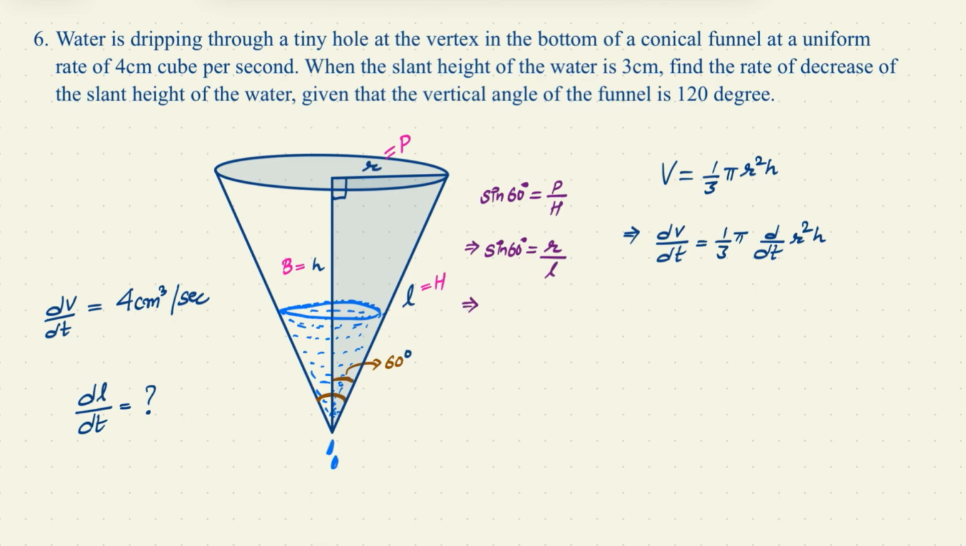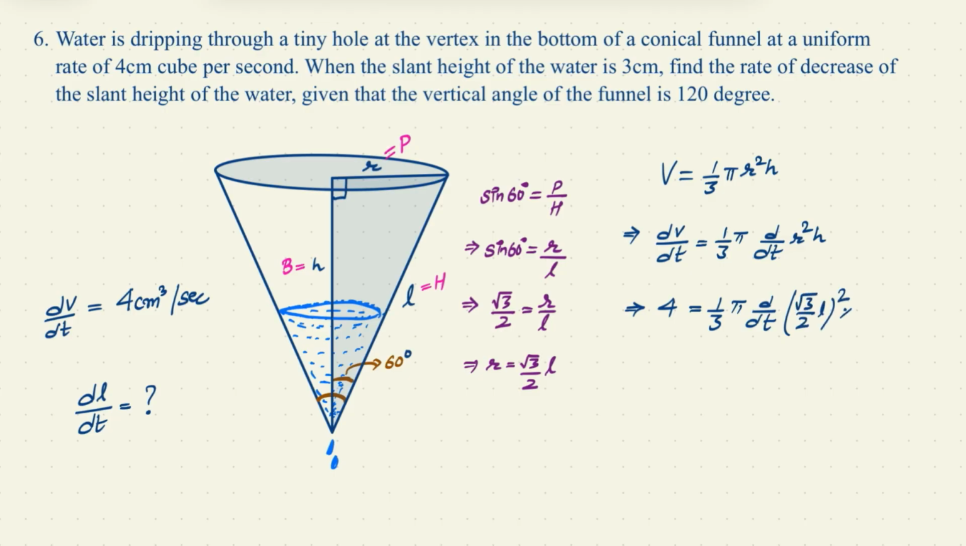So the value of sine 60 degree is root 3 over 2 equals r over L, and hence the value of r equals root 3 by 2 L. See, what we are trying to do is replace this r in terms of L and replace this h in terms of L. Now since we have got the value of r as root 3 by 2 into L, we will put it here. And the value of dv dt is also given, that is the change of volume is given as 4, equals 1 by 3 pi d dt of r square. The value of r is root 3 by 2 L, so here it will be root 3 by 2 L